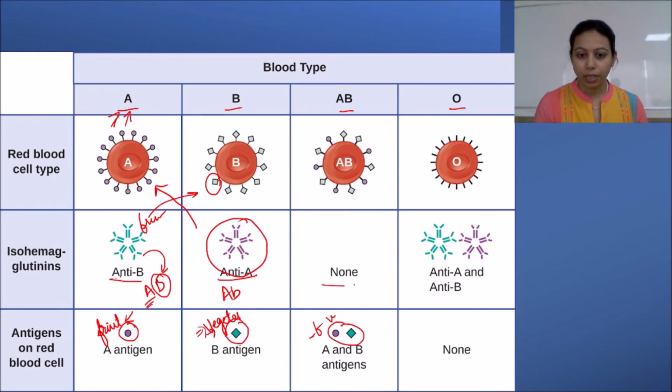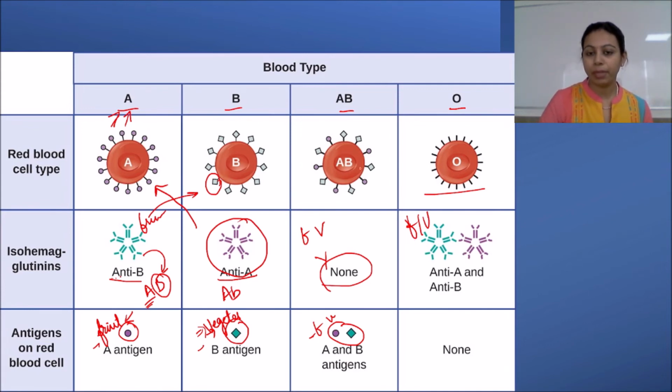Now you see here, AB does not have any antibody. It means it has no problem with the vegetable as well as the fruit. It can eat both vegetables and fruit because it does not have any choice between fruits and vegetables. This is a good person, who can eat fruit as well as vegetables. That's why whether you give them fruit or vegetable, AB is not going to react against this. But O is very naughty. It does not like even fruit or vegetable. It hates both fruit and vegetable. So if you give either fruit or vegetable, it will start producing antibody against this.